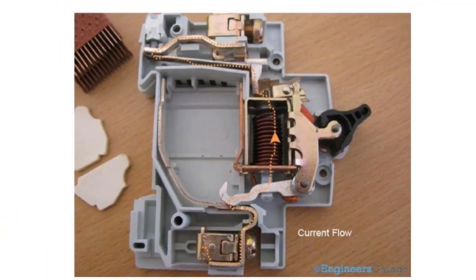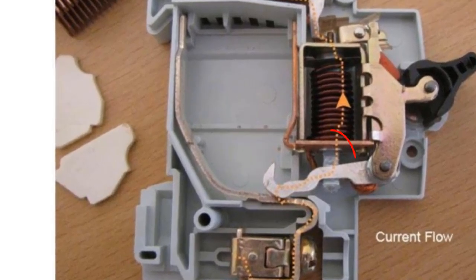But during short circuit condition, whenever a large amount of current, which is in kiloamperes, flows through the trip coil, this trip coil, which is nothing but a solenoid, will generate a strong magnetic flux. Due to this generated magnetic flux, a plunger inside the coil strikes the moving contact to trip the circuit. So the plunger will be attracted and it strikes the moving contact